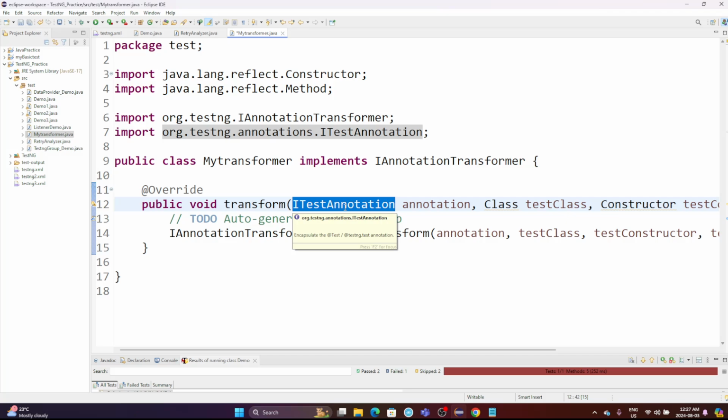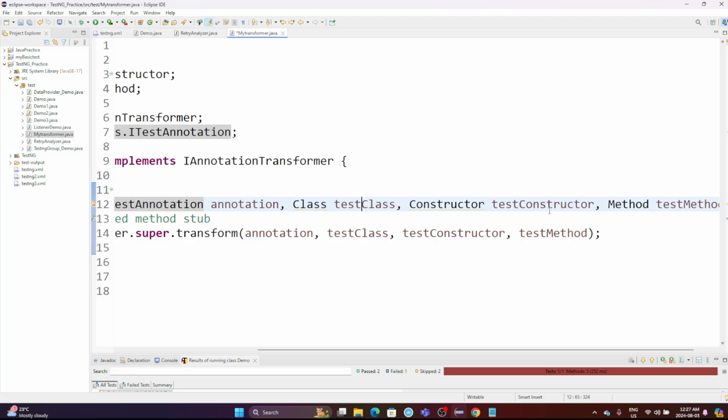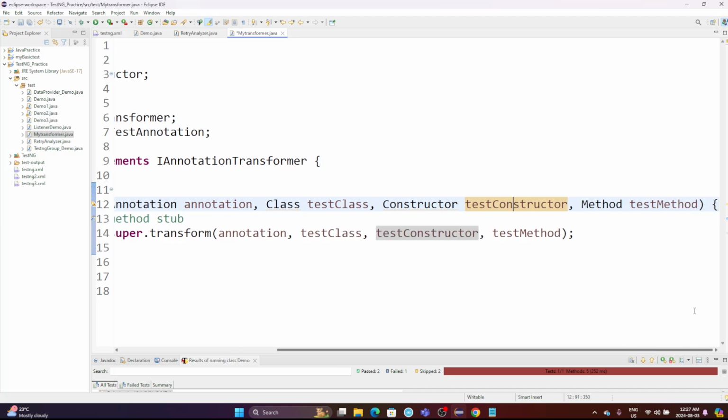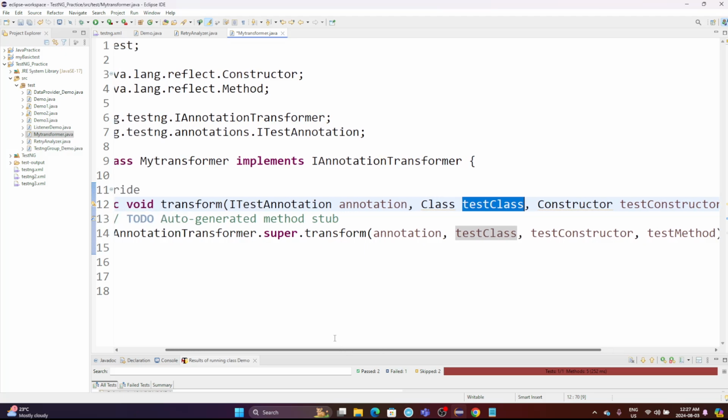The ITest annotation is the one that we're going to use. Apart from the ITest annotation, all those 3 parameters are not null, because it is a test method. Definitely you will have a test method, test constructor, or test class. But the IAnnotation interface, this annotation,